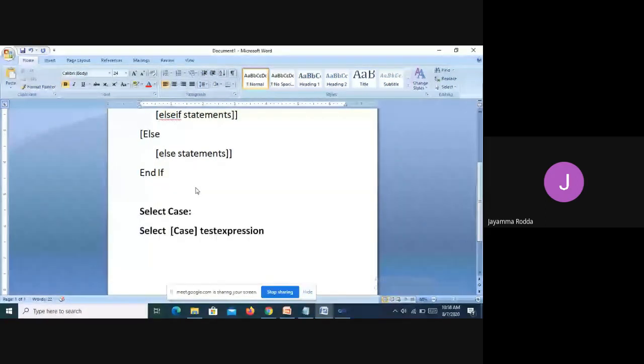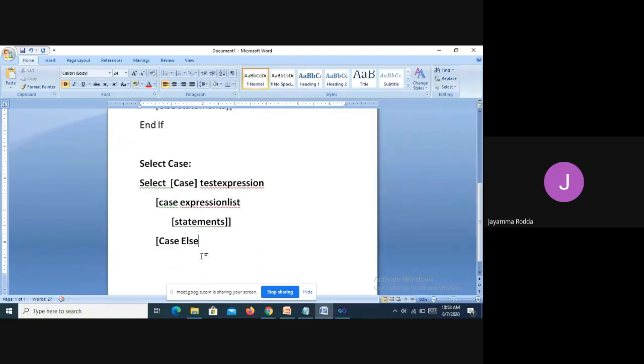Then the case expression list will be given. This case expression list will contain a particular list of statements to be evaluated. Those list of statements will be written. Then finally, the Case Else part will be written.